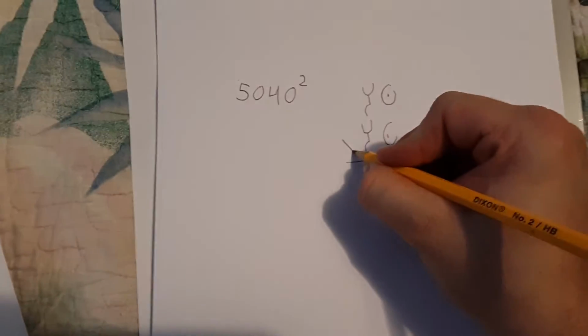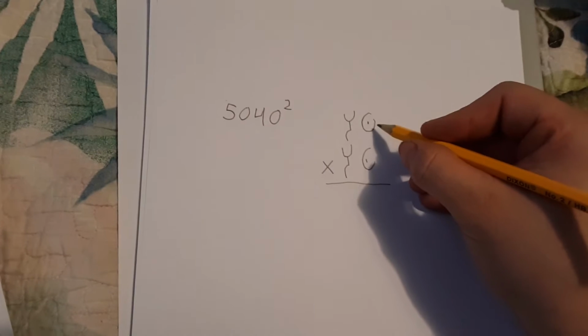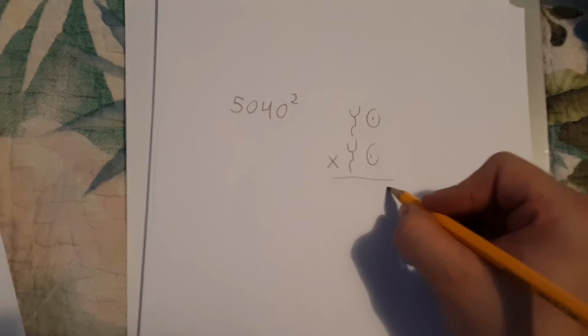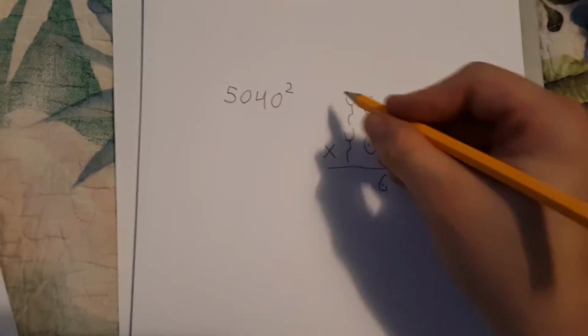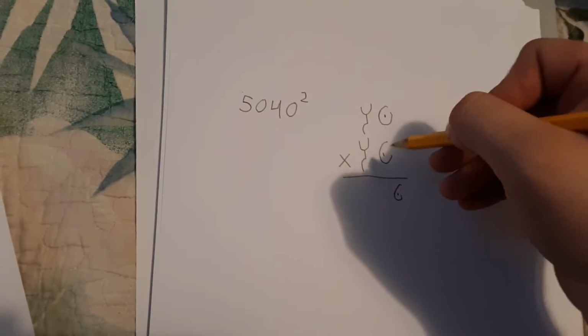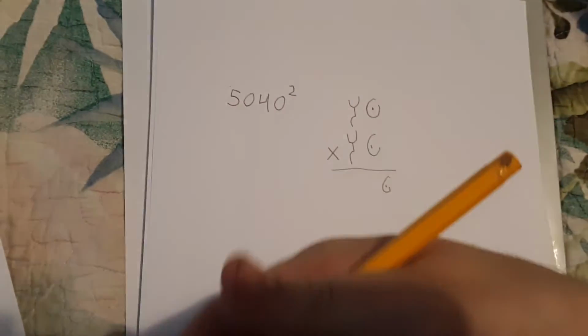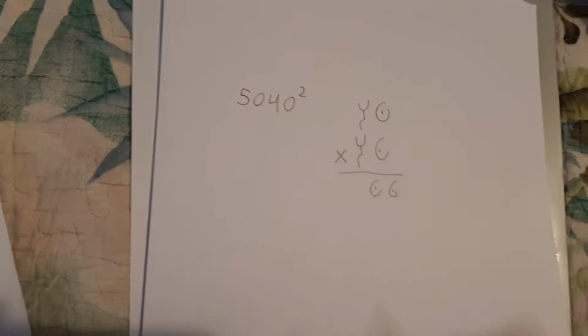And how we do that is I'm going to use the Indian style method taught by the Tech Math channel. We have 0 times 0, which equals 0, obviously. Then we take this number times this number and this number times this number. So that number times that number is 0, plus that number times that number is 0. 0 plus 0 is 0. So we're going to add 0. And then we are going to do